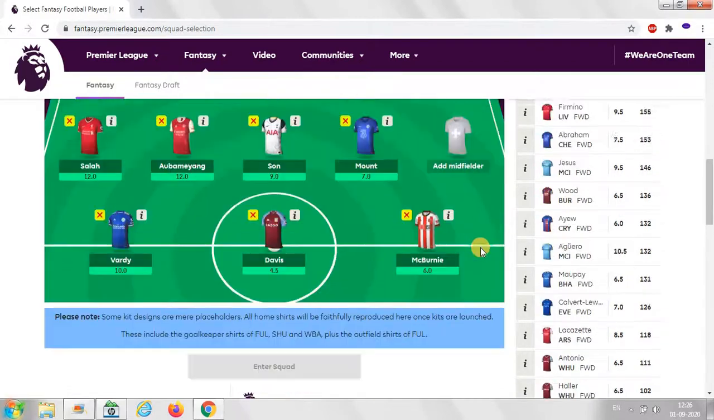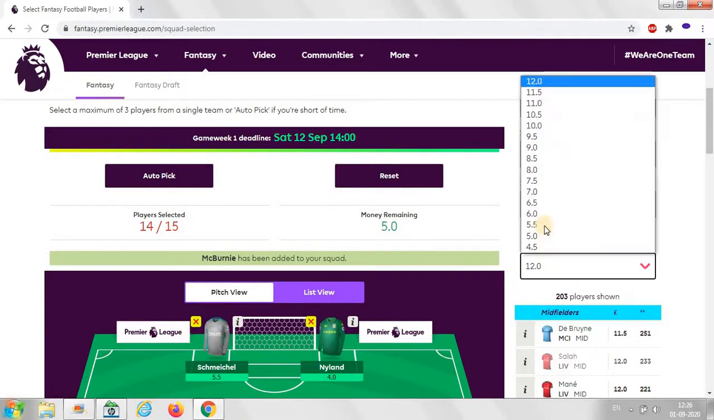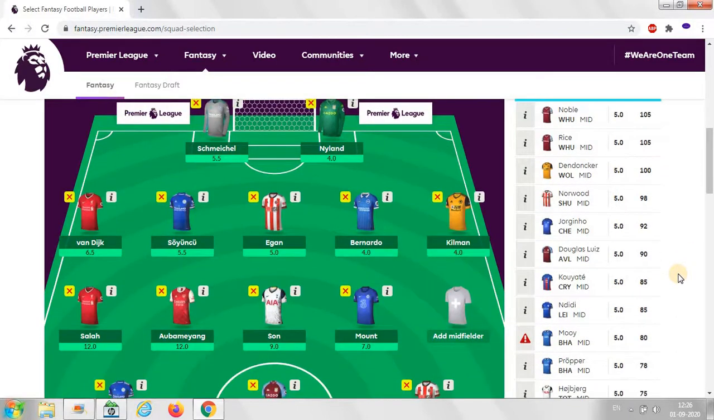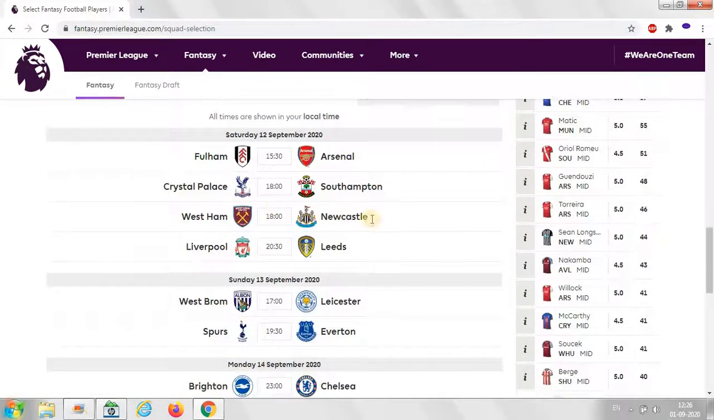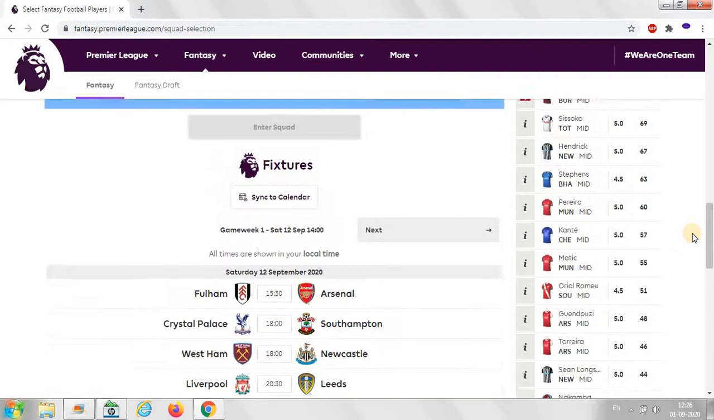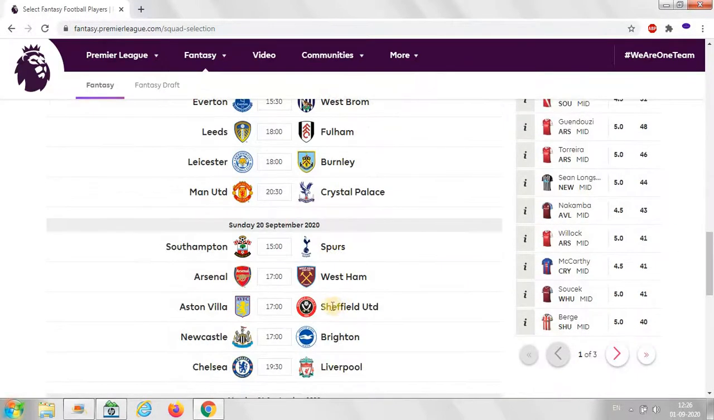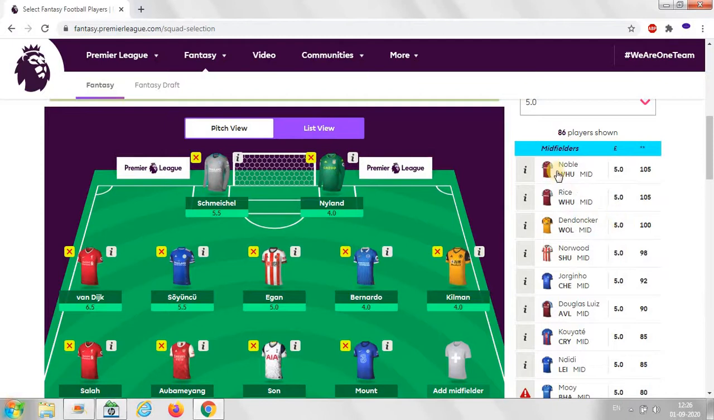6. Now 5 remaining, so we will select midfielders of 5. So I think the only option is West Ham United. I don't know, West Ham United, Newcastle. That's a good option, but secondly, Arsenal. So I'm confused with Dendoncker and